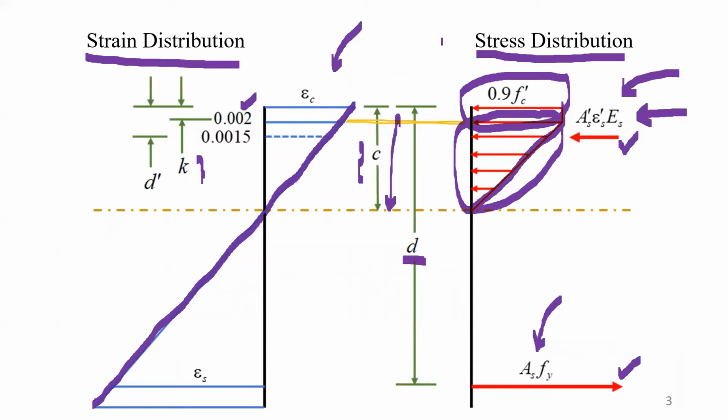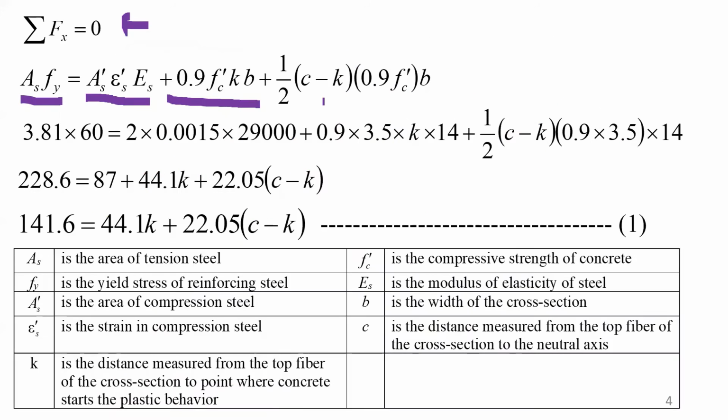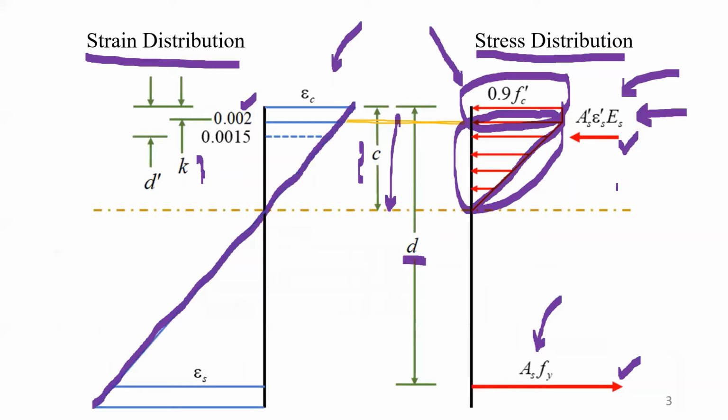This term represents the force in the concrete when the concrete behaves perfectly plastic, plus 1/2 times c minus k times 0.9 f'c times b. And this term represents the force in the concrete when the concrete behaves in an elastic manner,